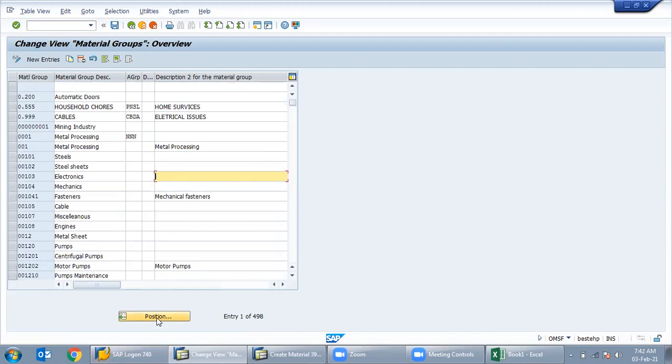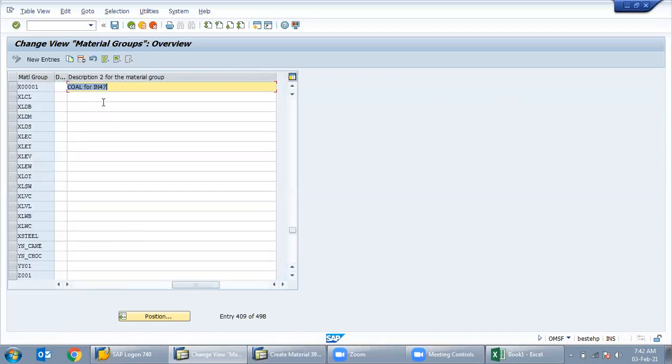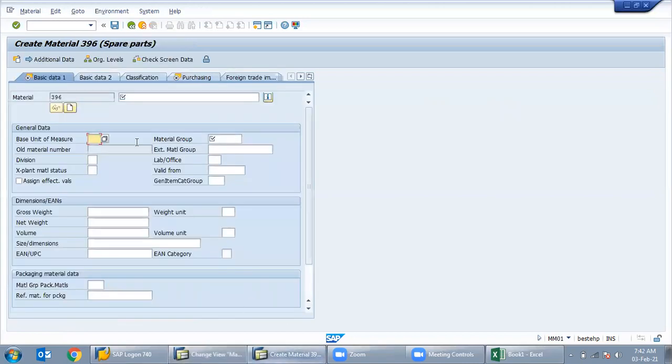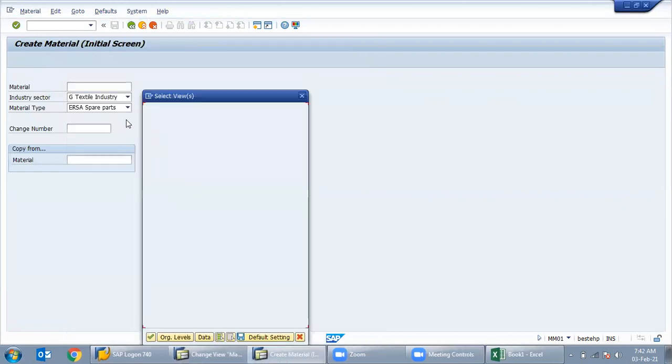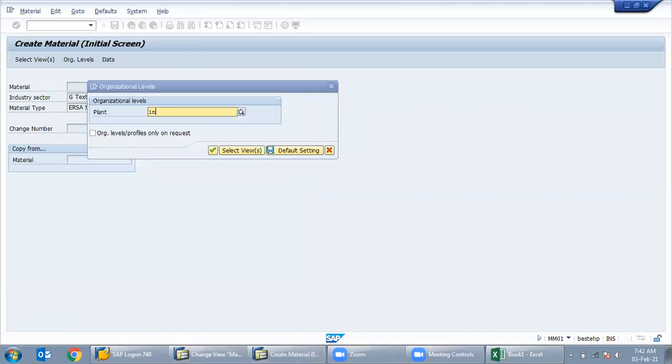So I've created X001. It comes like this. Coal has been created. Now when we create master data, we go to MM01, select basic data and purchasing data only, plant IN47.